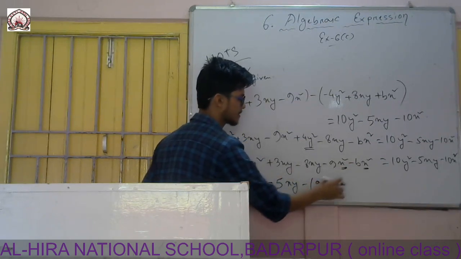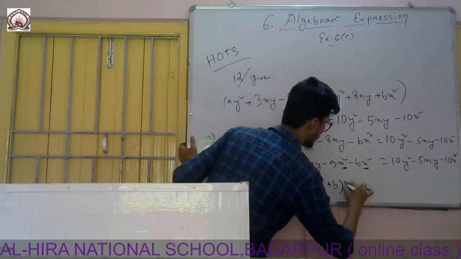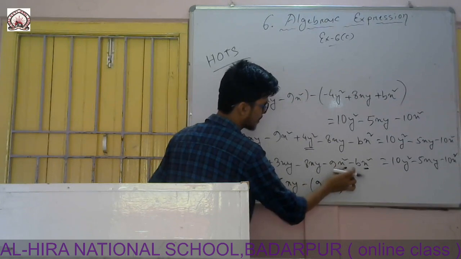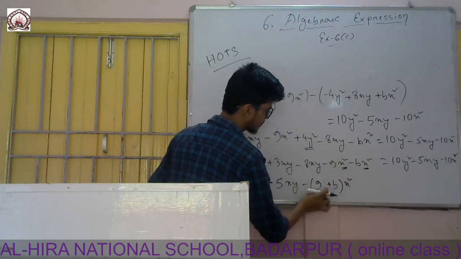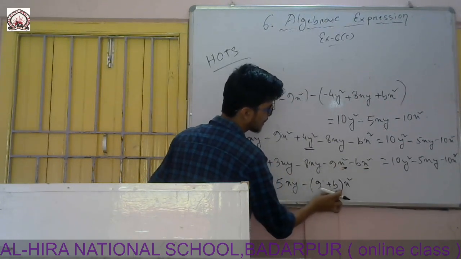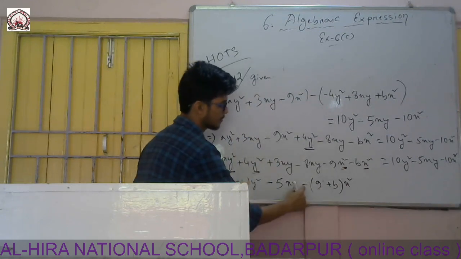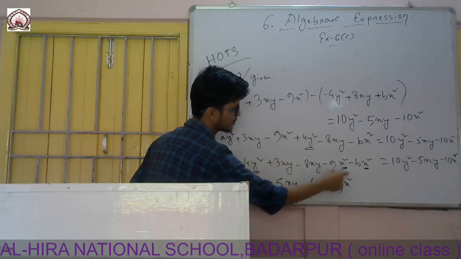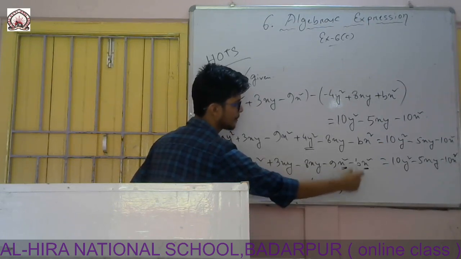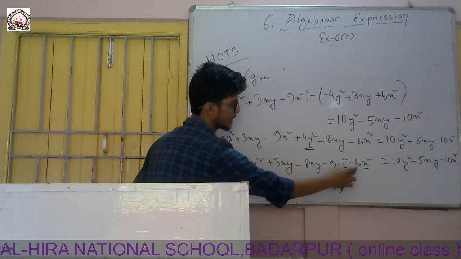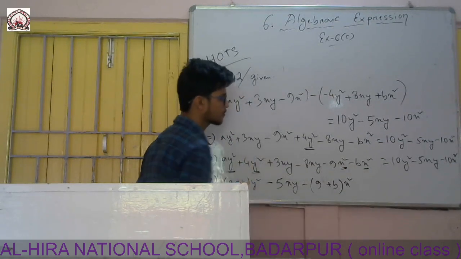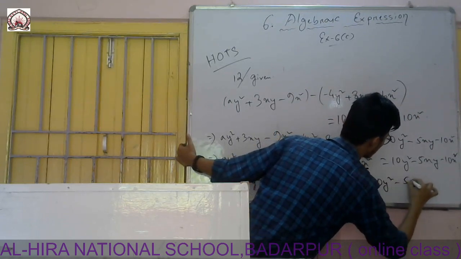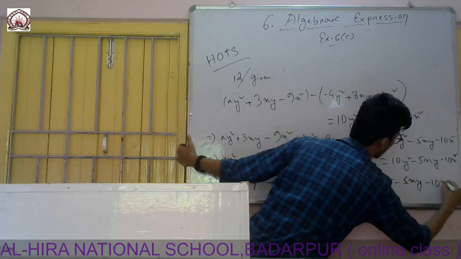Minus plus is minus, that's why I give plus, and the common term is x square. So first I will write x square. After removing x square, which one is left? There are 9 left and there is only b left. First I have taken this minus also common. So minus plus is minus 9x square, and minus plus is minus 9 minus b square. So this one is matching with that part. Now I will write this one the same, 10y square minus 5xy minus 10x square.